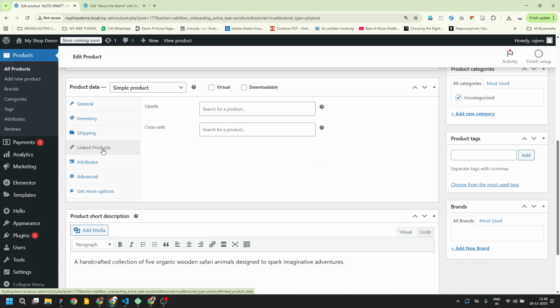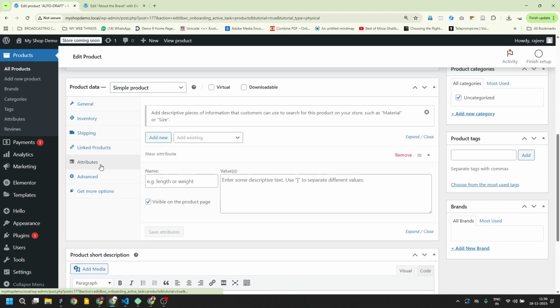Linked product, no. I can upsell and cross sell product also along with it. That means every time somebody buys this product they will be shown these products along with that, and you can search for other products and add here. Right now we don't have any products, so it will not result in anything. Then we have attributes. Add descriptive pieces of information that customers can